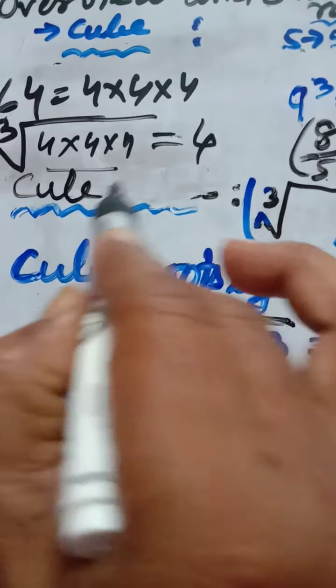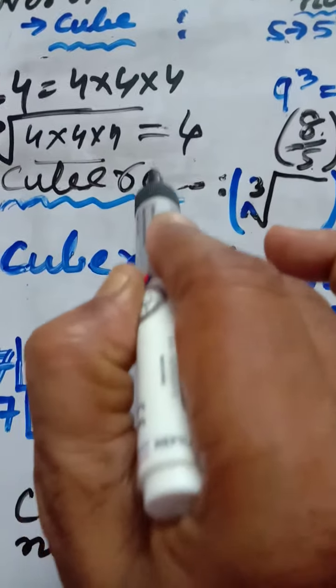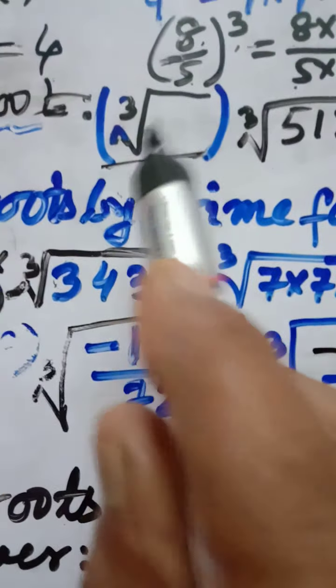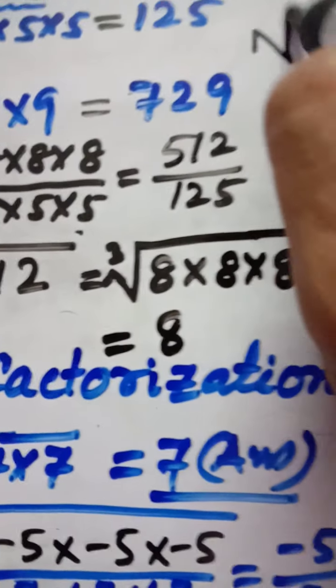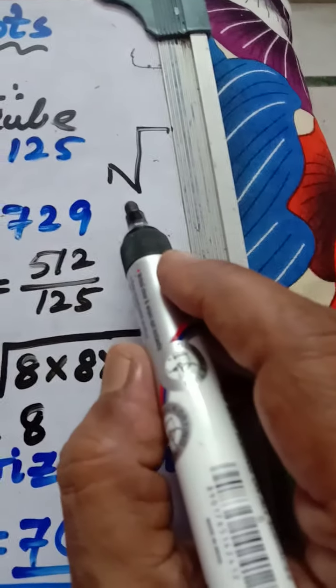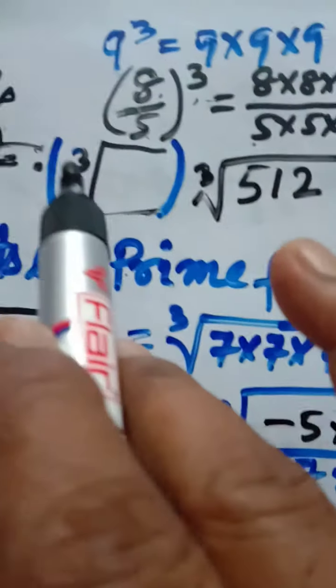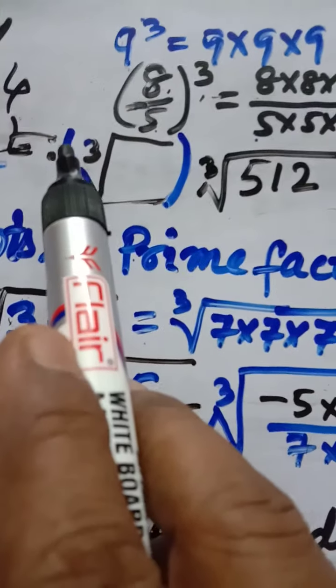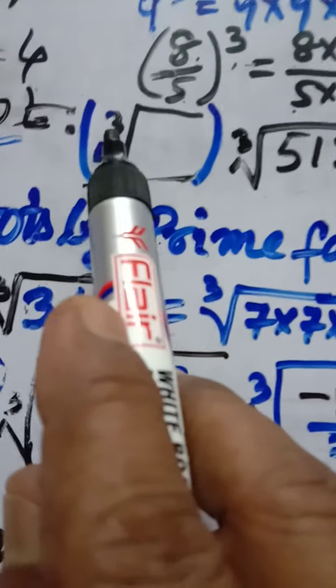Cube root sign is this particular sign. Square root, you know it. Square root is any number, square root value will be this, isn't it? Cube root value, cube root and other powers, if it is raised to the power 4, the quarter root, all will be here.